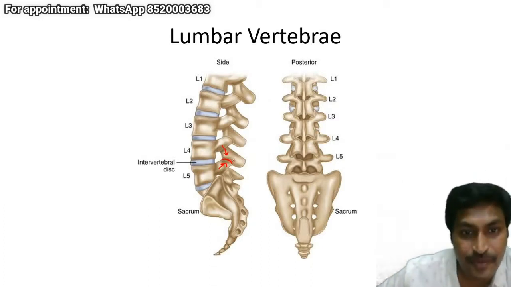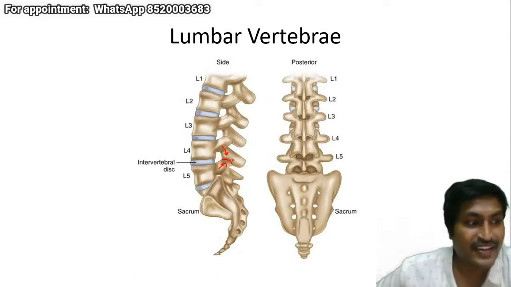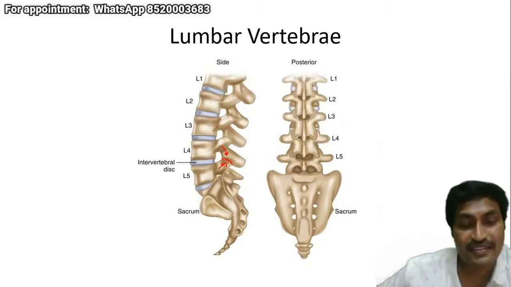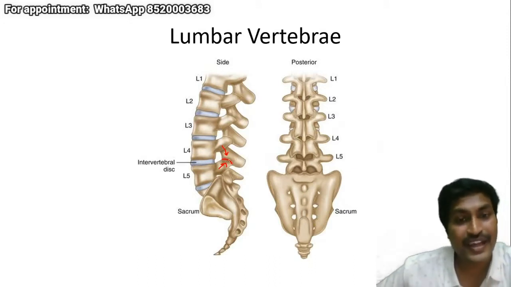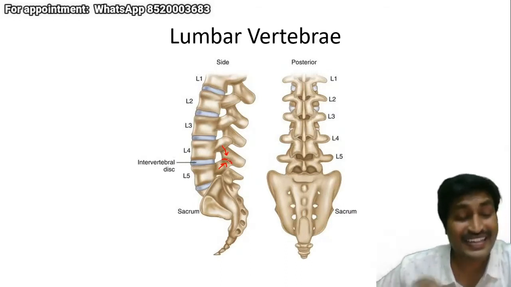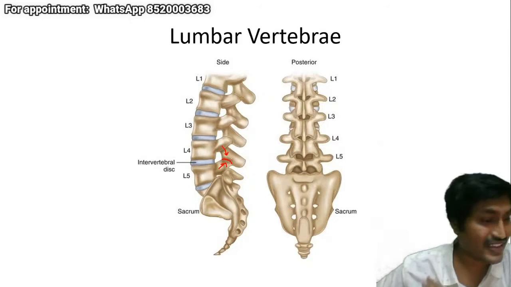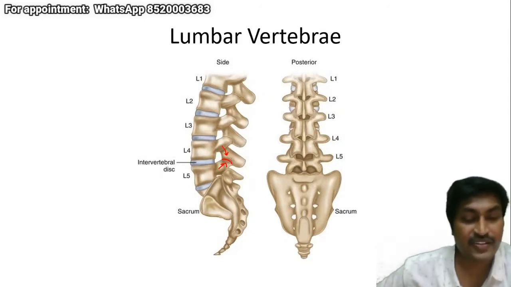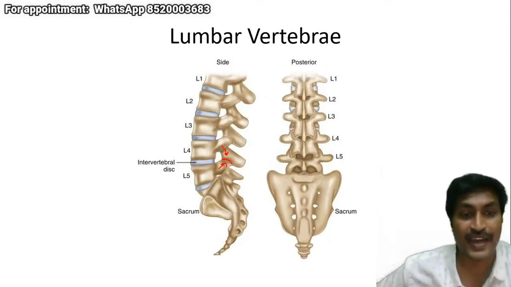Okay, this portion is known as pars interarticularis. I'm telling you repeatedly because this is very important. This is very important because I will tell you later on, but every physiotherapist should be able to identify what is pars interarticularis, right? As Dr. Sandesh has told, the Scottish dog, that is classical MCQ exam, but not in the practical thing. For getting the Scottish dog appearance, we'll have to take a lateral oblique view, which is never taken in clinical practice. What we take is an AP and lateral view.